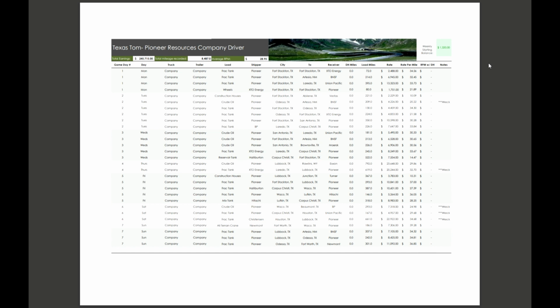Okay, so here is a look at our driver log for the week. Again, we started with $1,320. By the end of the week, we were able to earn over $245,000 on 8,400 miles. You can see our average rate per mile was almost $29 per mile. But this is a list of all the loads we took and what the rate was. So you can see